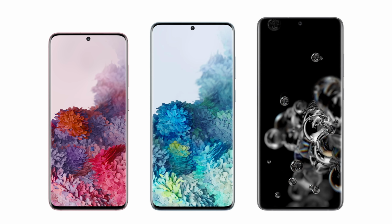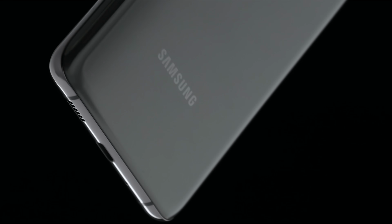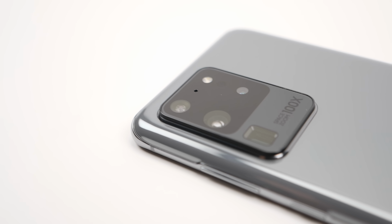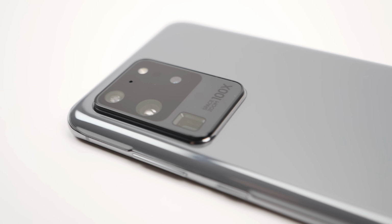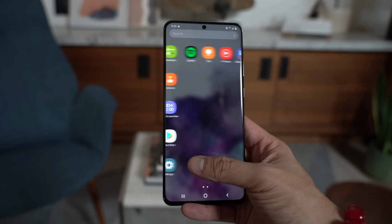Now, the front-facing camera is being moved to a punch hole centered at the top of all three models. The side edges of the new S20s aren't as angular, so it has more of a squared-off body, a rectangle with nice rounded corners, instead of that more dramatic angular slope of the S10 line. The screen looks amazing like you would expect, but I learned some specifics about the